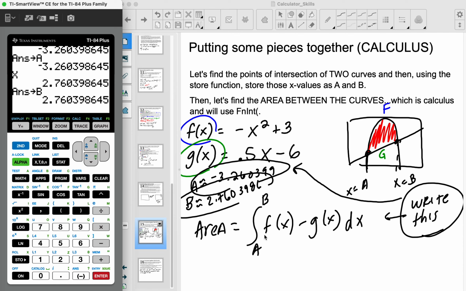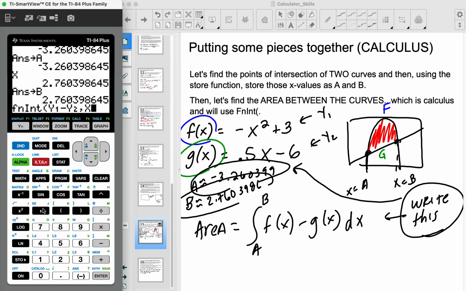So now, the thing I'm going to type in my calculator is math 9, which is my function integrate. My vars are y1, because I called this guy my y1. This was my y1 and this is my y2. I always put them in the order they appear in the problem so that I can never forget which one's which. Because boy, does it stink to get the wrong answer when you've done all the actual math right and you just type stuff wrong. So y1 minus y2, comma, with respect to x from alpha A to alpha B. I'm not doing the integration by hand. The calculator's doing the heavy lifting, and I get that the area is 36.375 or 6